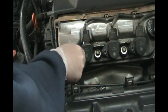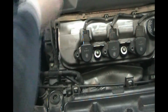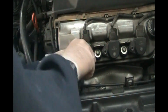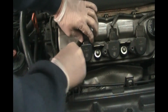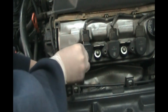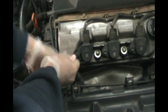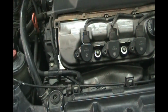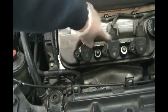Thread that in by hand. You don't want any cross thread damage to your threads. Put that in by hand. Line it up so it's straight, so it looks good. Don't over torque this, just get it in there. Okay, that's tight enough. And then snap your connector tight. Make sure it's on there tight. And we're done. So that was one spark plug, and then you're just going to do the second one, third one,